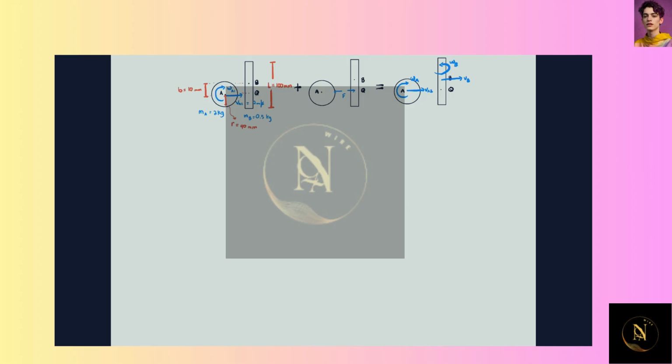In this problem, we need to solve for the angular velocities of the sphere and the bar upon impact. So I have here a sketch of the problem. You will see here the dimensions, the given values for the mass and radius, the velocities, as well as the direction of the angular velocities and the linear velocities.